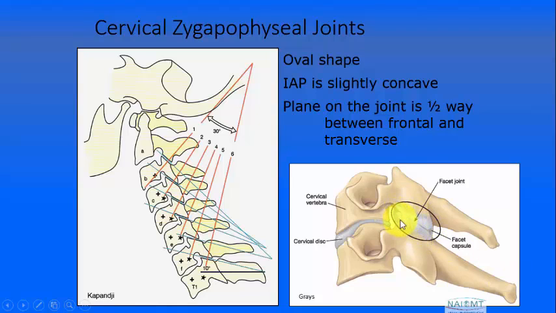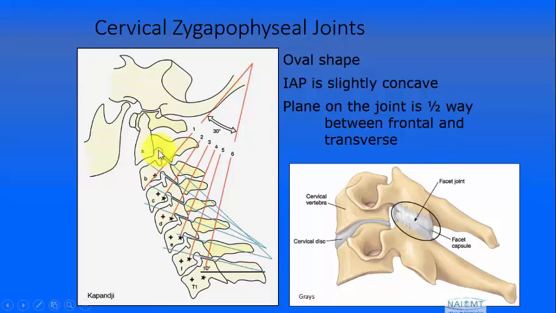The joint is found halfway between the frontal and transverse planes. However, it's good to remember, as Kapandji shows here, that through the normal cervical posture, we see that the angle of those facet joints changes through the neck. So when we're mobilizing the joint, we'll have to account for this and change the angle at which we approach